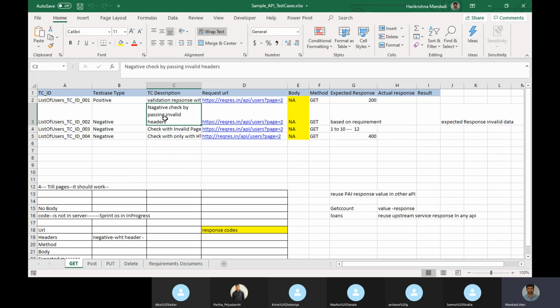Out of 4 headers, they may say this is the header which, if I pass it wrong, should return 400. So it depends on the requirement. We need to list out the requirements and based on that we go. That's how we need to go.